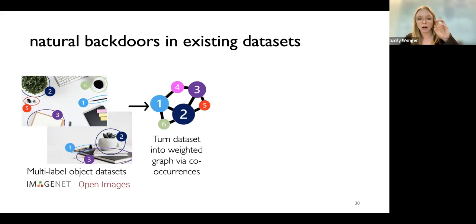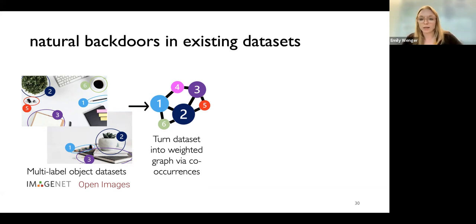Each object that ever appears in an image in the data set is a node in the graph, and the edges represent co-occurrences between objects in images. Since plant and notebook co-occur, there's a line between them, and we weight that line based on how many times we see those two objects co-occur in the data set.